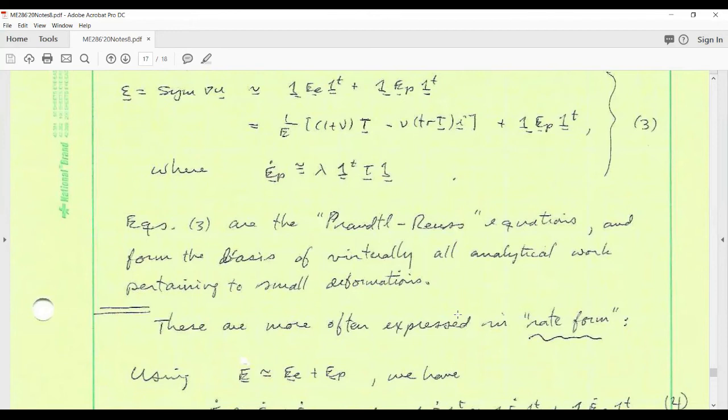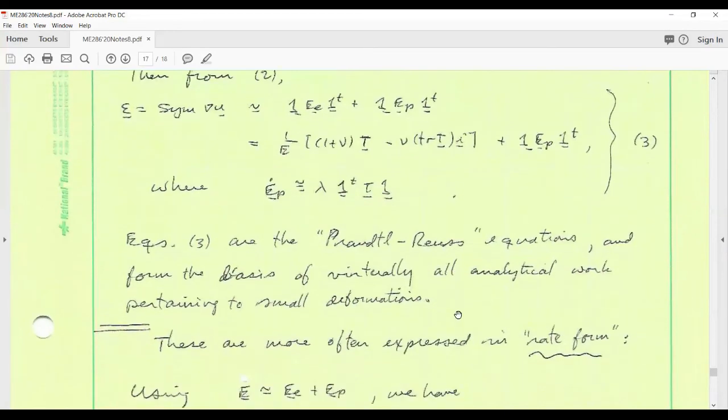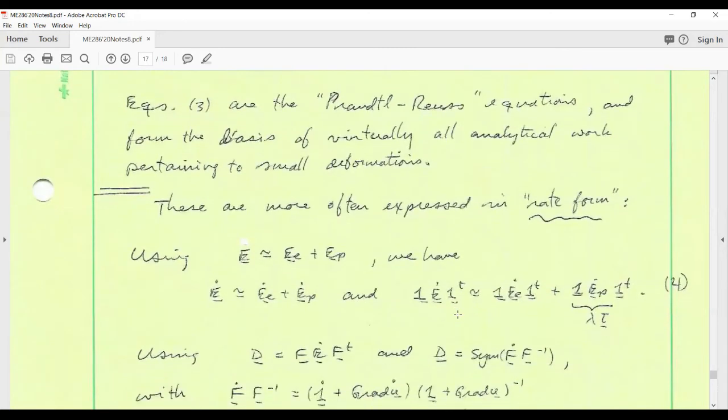Okay, so that's essentially the small deformation theory in a nutshell, equations 3, for the case of isotropy. And almost all the solutions in the small deformation elastic plastic regime are based on isotropy. So there's a large literature associated with this. Quite often,